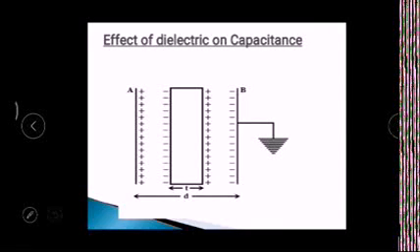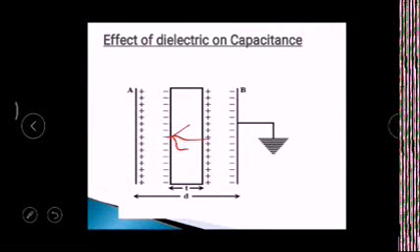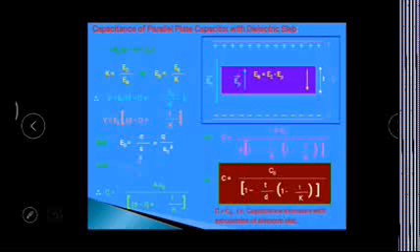So this is the figure which shows that a dielectric slab of thickness T is placed between the plates and it acquires polarity in this way. So an internal electric field generates in this direction and the external electric field is in this direction. So the net electric field in this plate reduces, which increases the capacitance. So how much is the effect on the capacitance, we can calculate and derive the formula.